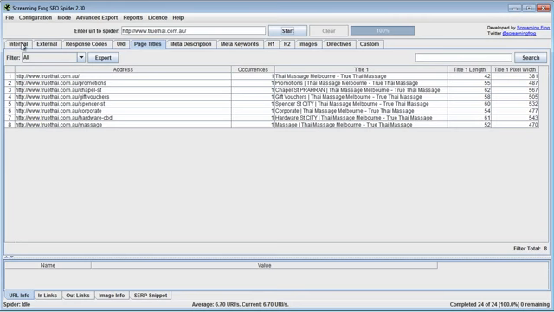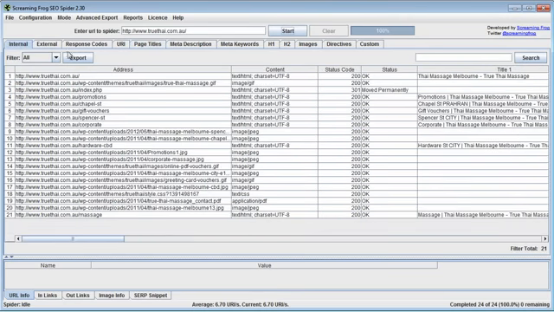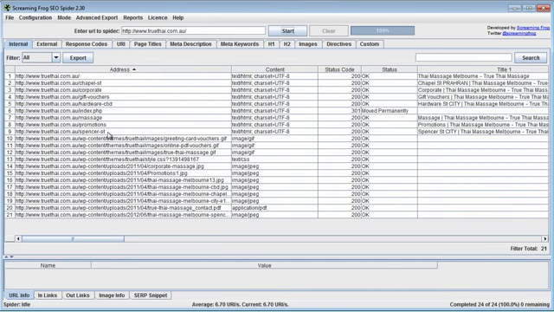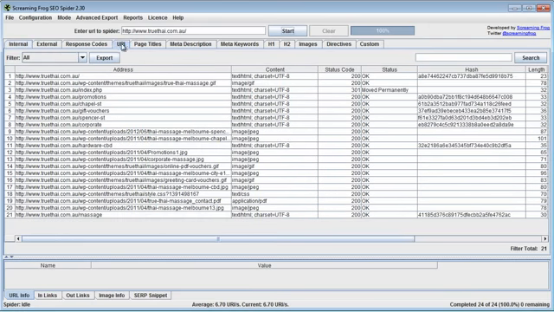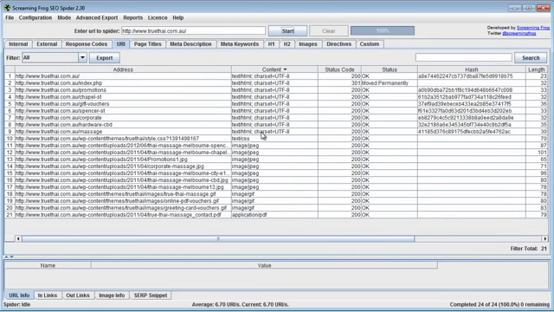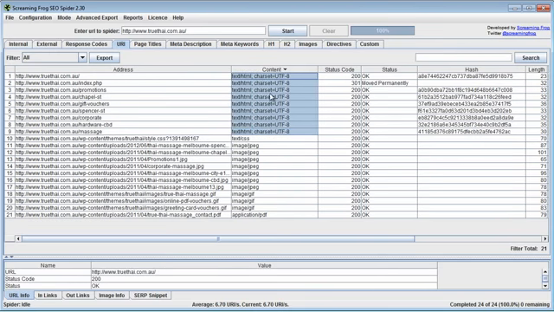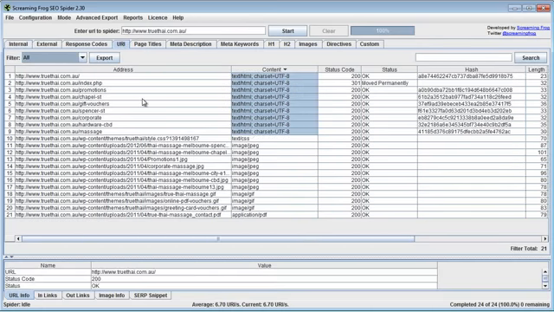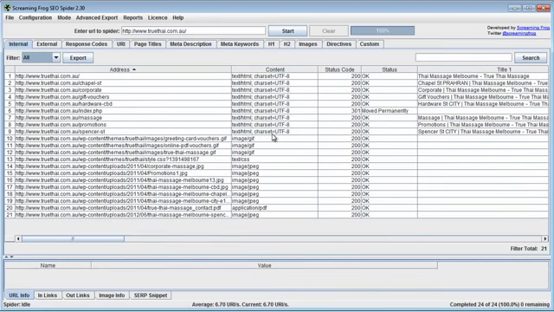So therefore, let's go back to the details here. We can press on this address feature, and as we can see, it's sorted differently for us to quickly have a look at what we're seeing. Okay, now the URLs is URLs, landing pages. We can press on content, and as we can see, it changes. So from here to here, these are typical landing pages. And when we're looking at this information, whether it's through this tab or whether it's through this tab, okay, when we're looking at that information, we see